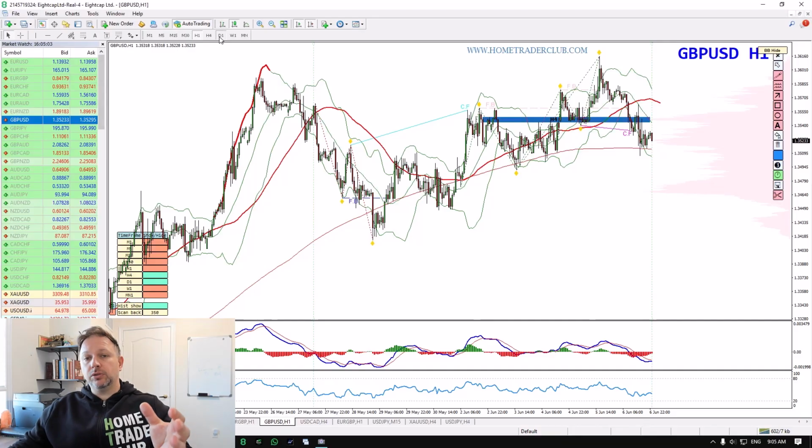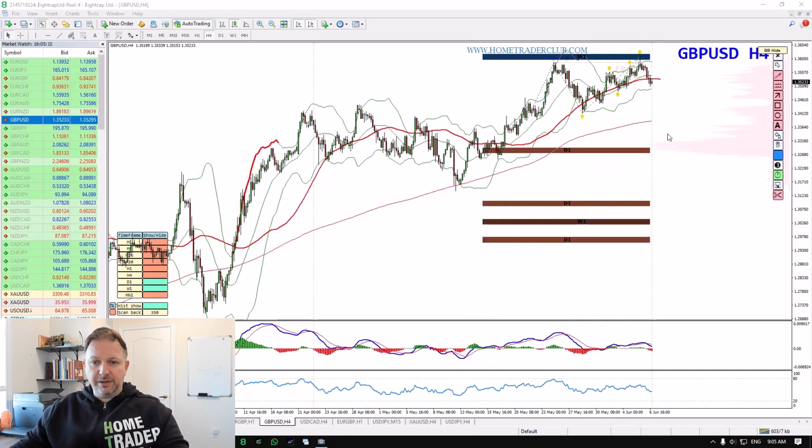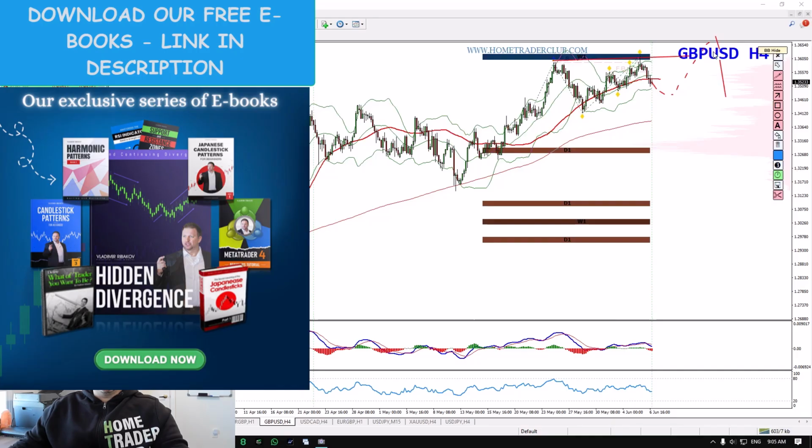So similar to the euro dollar, the coming few weeks should be decisive, and we have significant lows. This one is on the shorter term we just saw, this one is on the mid-term. If it managed to break below them, we can then see the pound dollar as the bearish opportunity. If not, and if it managed to hold that, then the pound dollar can bounce upside, complete the final peak,